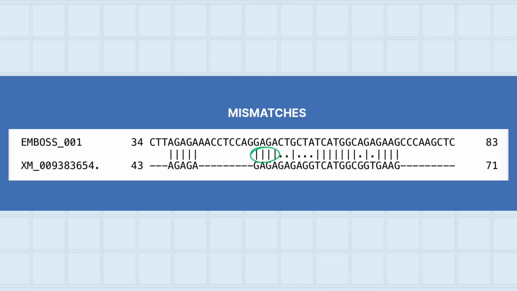Next, the green circle represents the matches. The bases will align identically in both sequences. In the alignment, these are indicated by a vertical bar, meaning the same nucleotide or residue is present in both